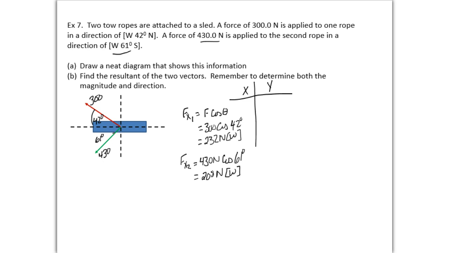We look at the X components, and we need to get a total. So you add both these together, 232 newtons west plus 208 newtons west. And that will give you a grand total of 431 newtons west. And there's no change in directions here since both were the same. For the Y,